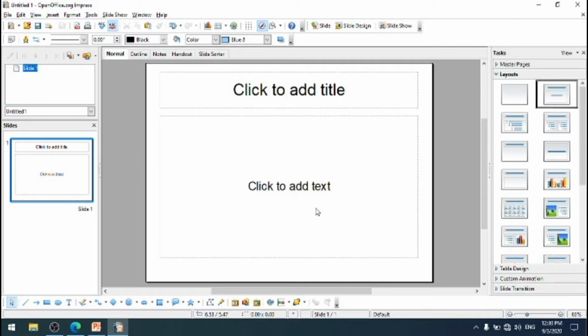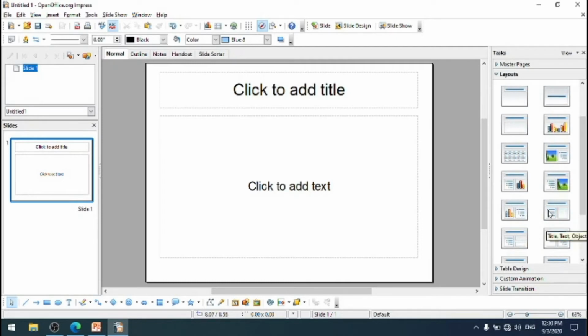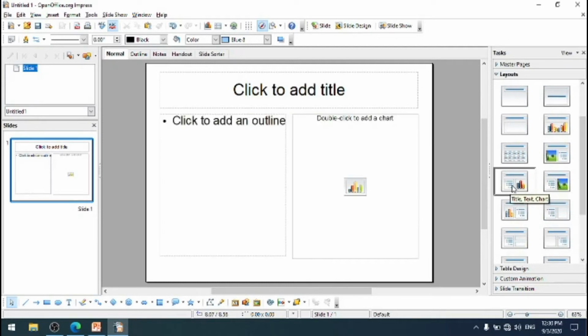So here select the layout from the layout section of the task pane. By clicking on it, it appears in the workspace. We have already studied this workspace. So if you want to apply the predefined layouts, you can apply according to our requirement. You just click it. So this is applied in the workspace. We have studied this workspace.